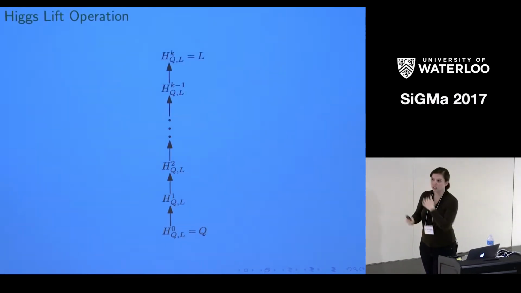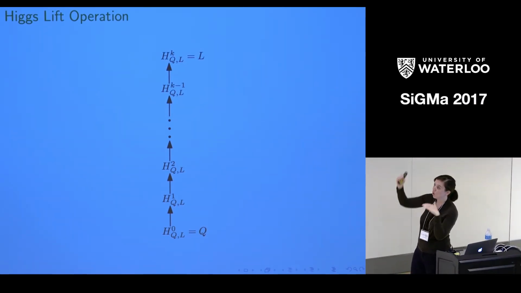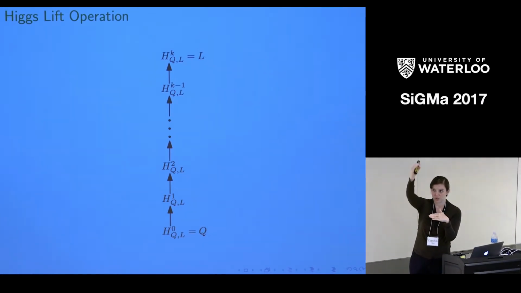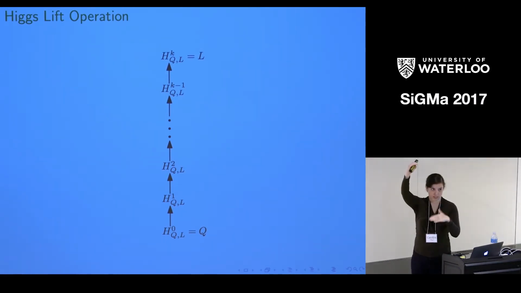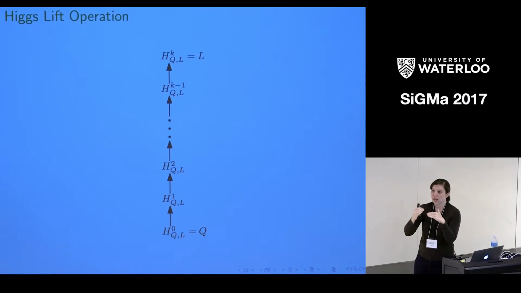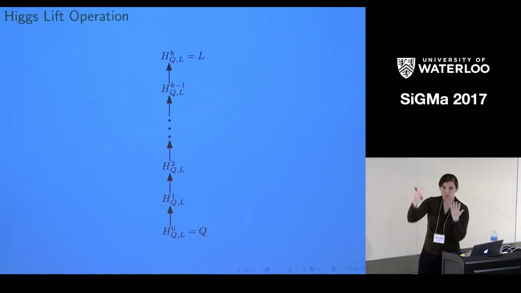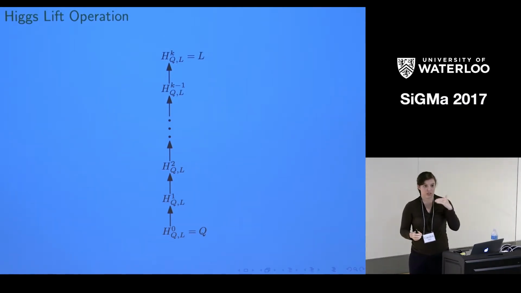Quotients are really naturally related to each other. You can think about taking one quotient and its lift, and filling in all the missing quotients by lifting from Q towards L. Whatever the rank difference is, I'm going to say that's K. I lift from Q towards L to get a matroid one rank higher, and then from there lift towards L to get two higher in rank. Each intermediate guy is going to be a quotient of the top guy and have as a quotient the bottom guy.